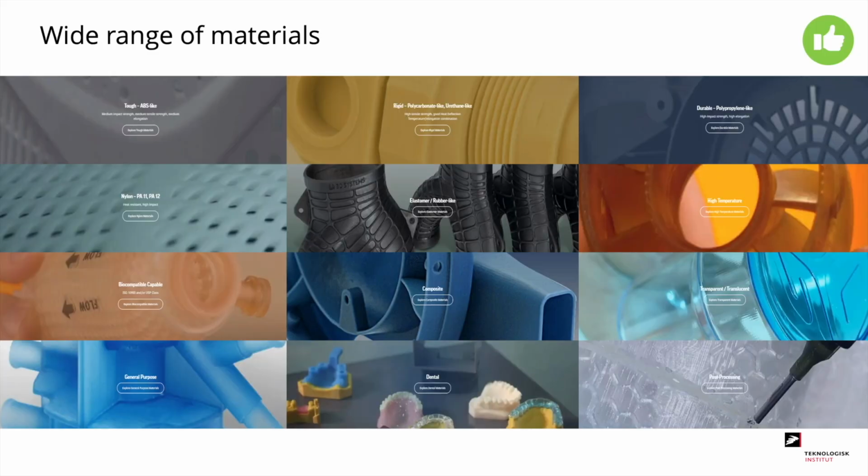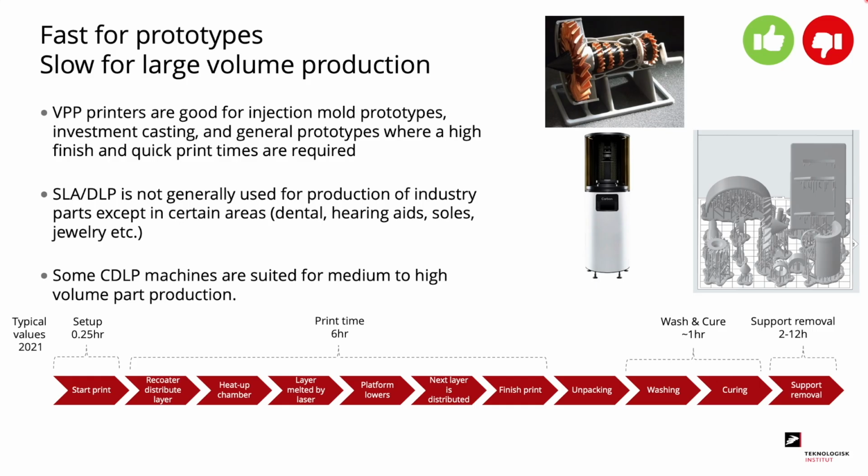Another benefit with VPP is that you get a lot of different materials with different properties for different purposes. VPP is fast for prototypes and slow for large volume production. The printers are good for injection mold prototypes, investment casting and general prototypes where you need a high finish and quick print times. SLA and DLP are rarely used for production of industry parts except in certain areas such as dental and hearing aids. But some CDLP machines like the Carbon 3D printer are suited for medium to high volume